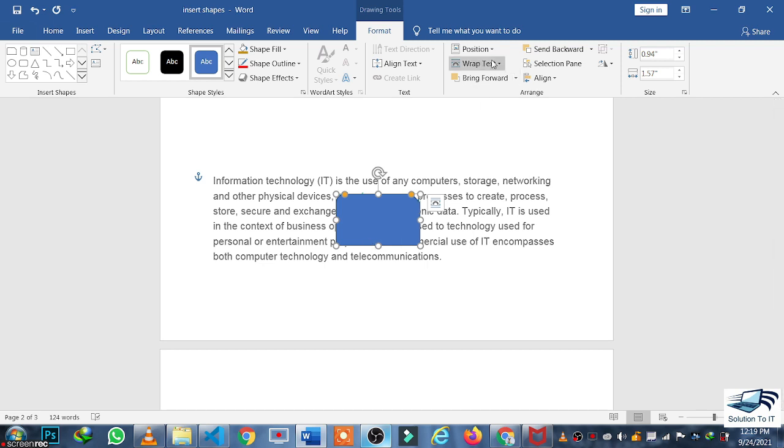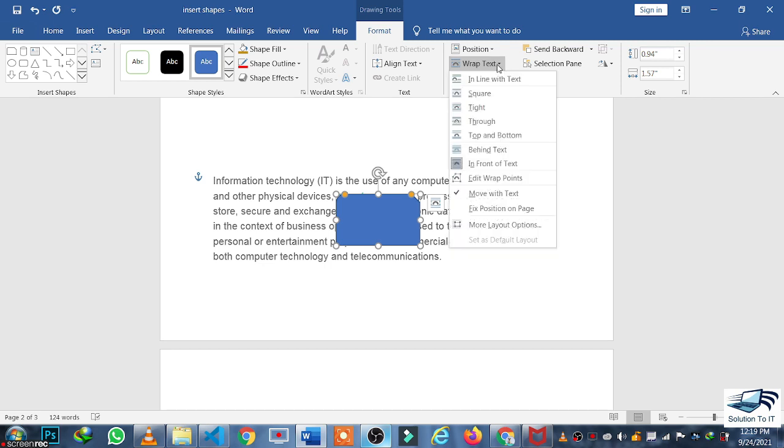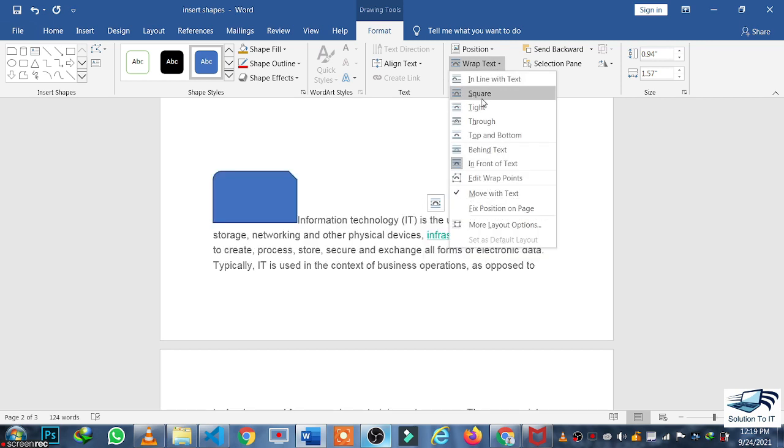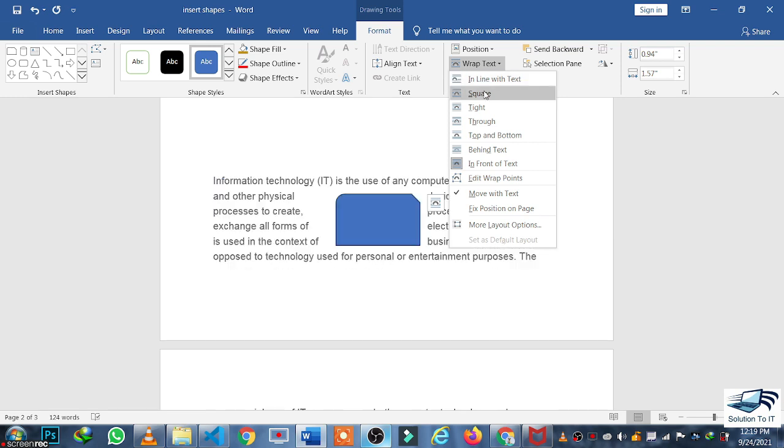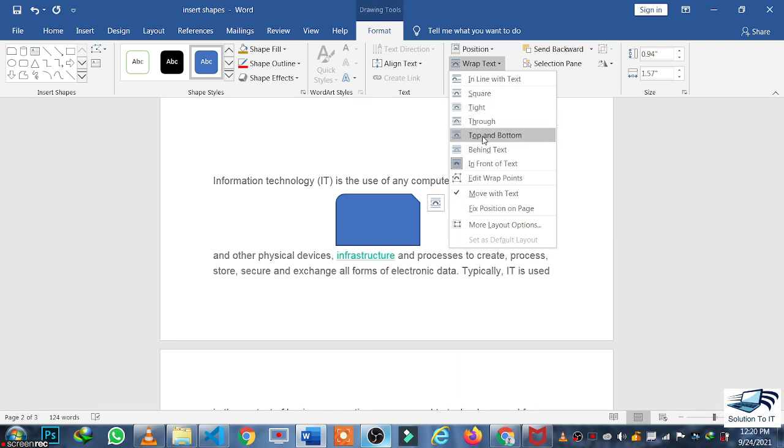Now there is the option of Wrap Text. As you can see, there are different options. The first option is In Line with Text. As you can see, the position of the shape is changing, and the next options are Square, Tight, and Top and Bottom.